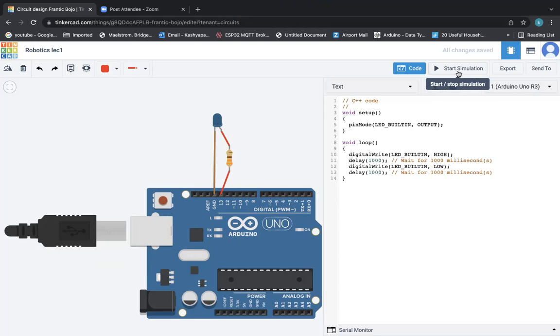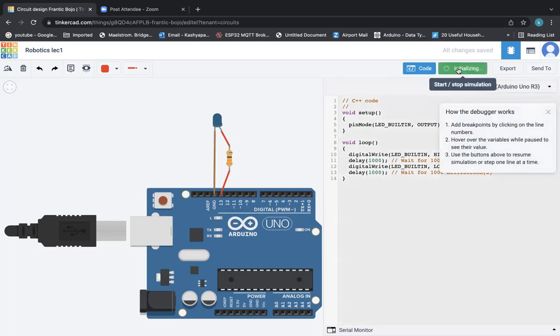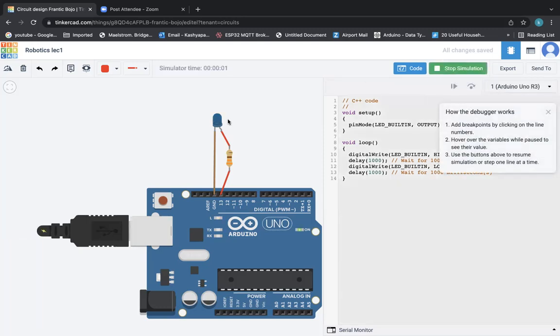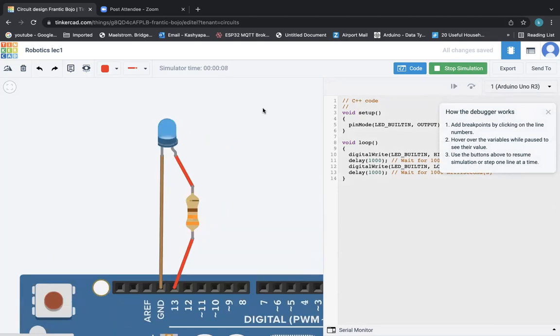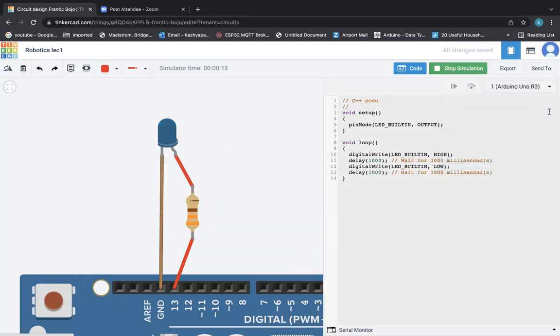Without doing anything, shall we just select this button and see whether it is working? Start simulating. Shall we start that? So I'm going to press it. It is initializing, and you can see now the LED is blinking. You can see my LED is blinking here. When it's simulating, there's nothing much that you can do. You can't type anything because it's simulating. Therefore, we need to stop simulating in order for us to make a change.